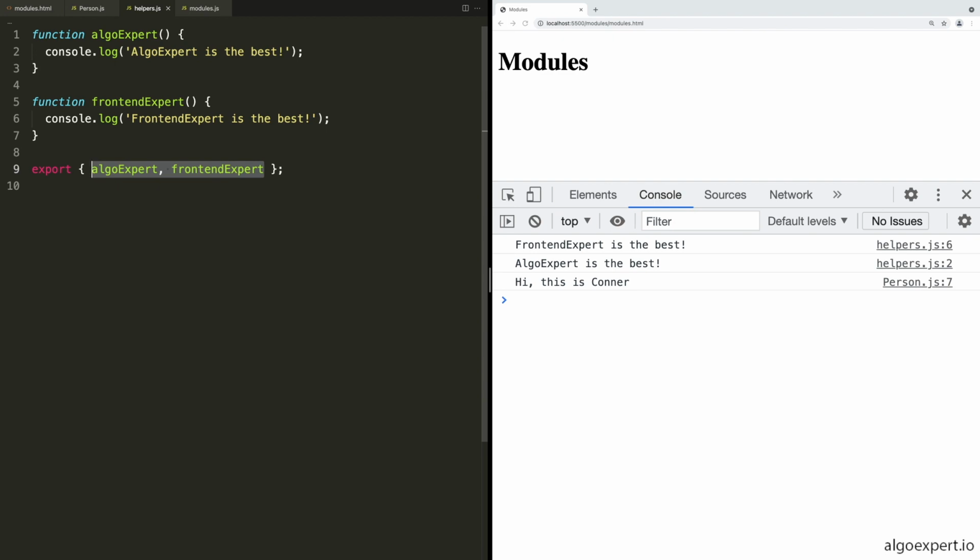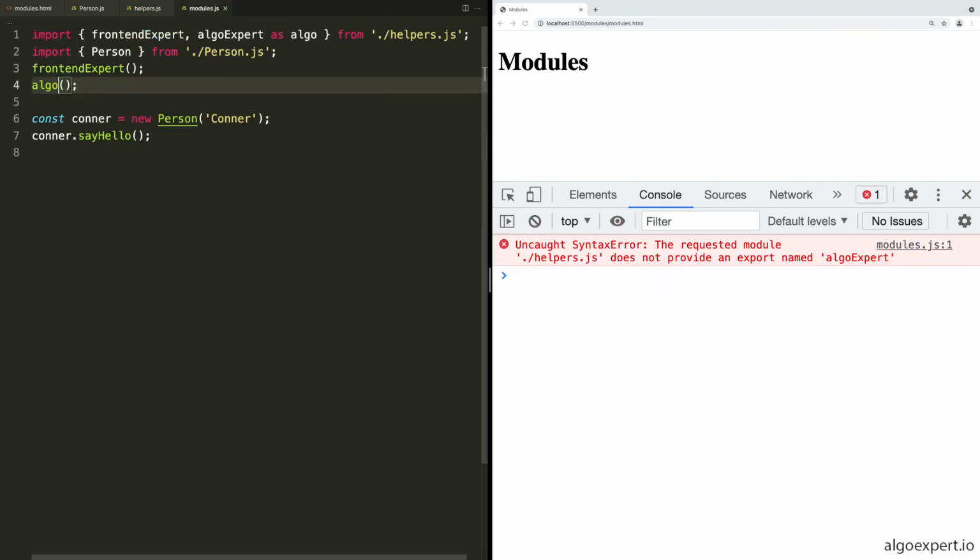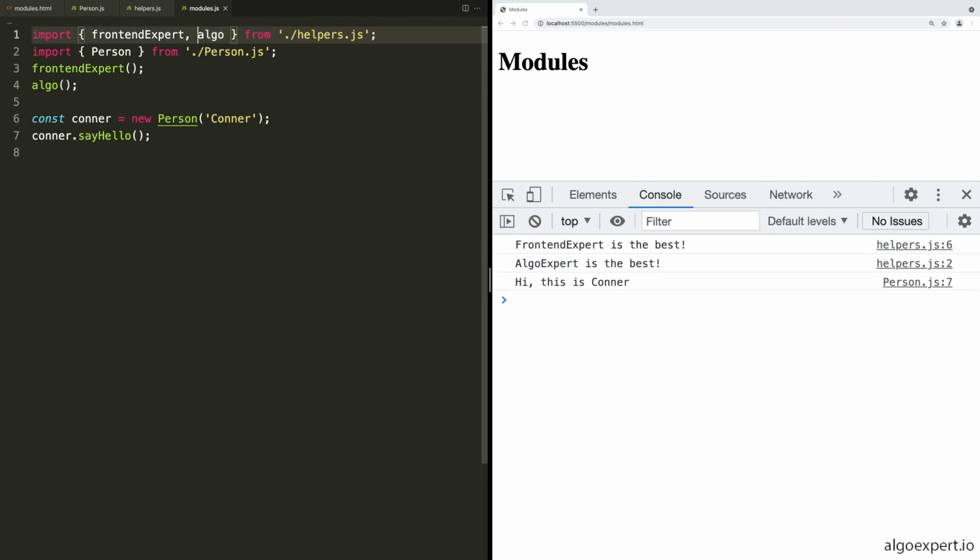And if we wanted, we could rename them in the exports. So I could say export algo expert as algo. And then in modules.js, we would simply import algo instead of importing algo expert as algo. And we could even rename this back to algo expert if I wanted. So I could say as algo expert,